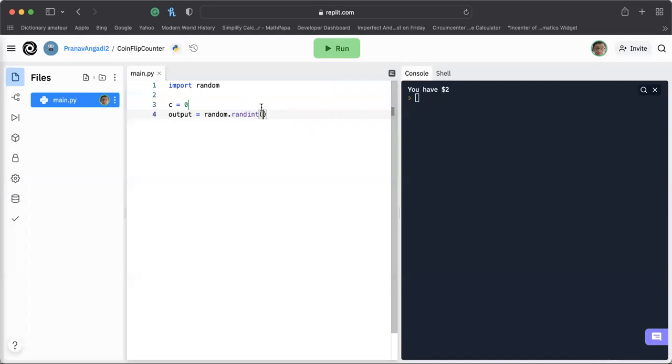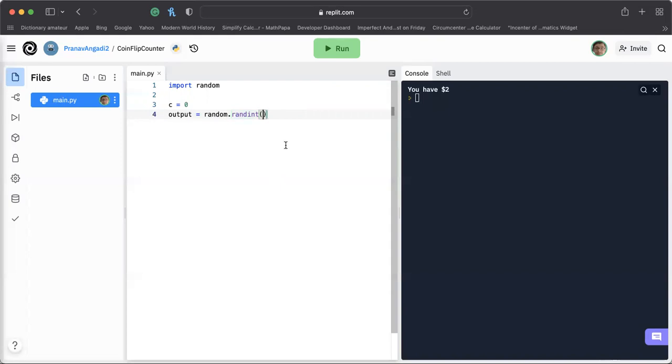Inside here, we need to specify the range. Also, the methods that are part of the library are case sensitive, which means that they treat uppercase and lowercase differently. So we need to make sure that we have the right capitalization for a method. And we had this random library. The reason why we have this dot, as you recall from my Python videos, is that we can use this library and this dot in order to gain access to this method of randint